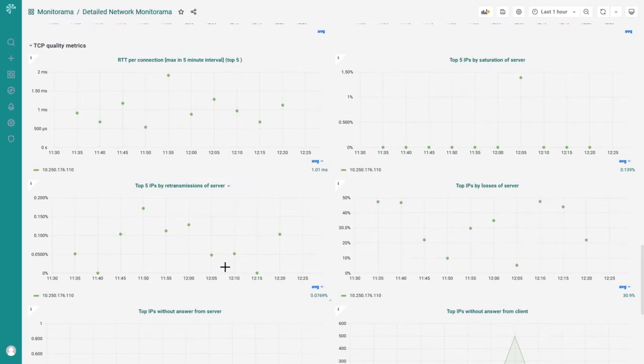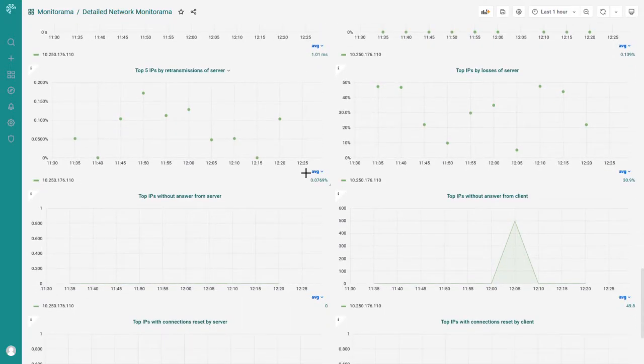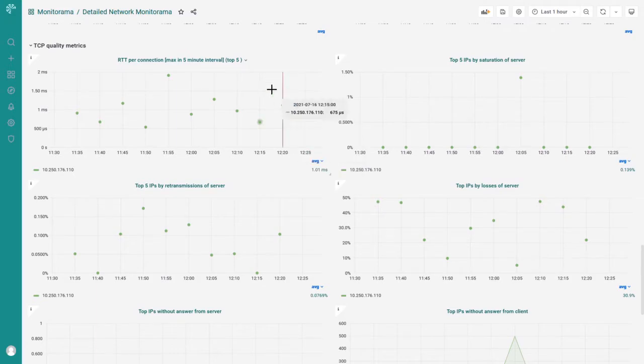If we go down a little further, we have the quality metrics we saw before, but in a more detailed way. Even identifying what would be the most relevant set of IP addresses. In this case of this control network, there is only one address, but if there were more, multiple points could be seen here. In this case we see, indeed, that the RTT is below 2 ms and that saturations, in general, are 0%, except in a concrete case.